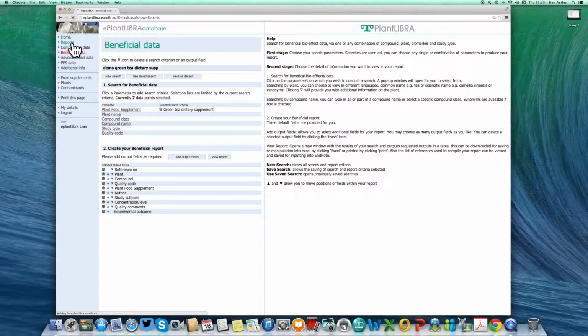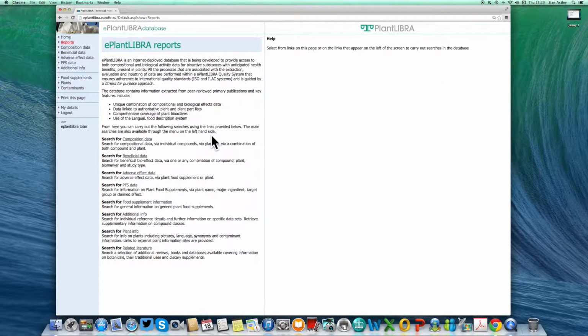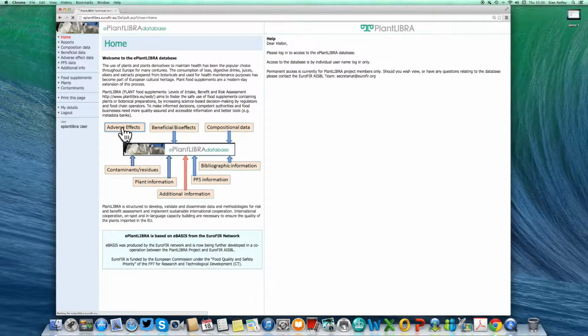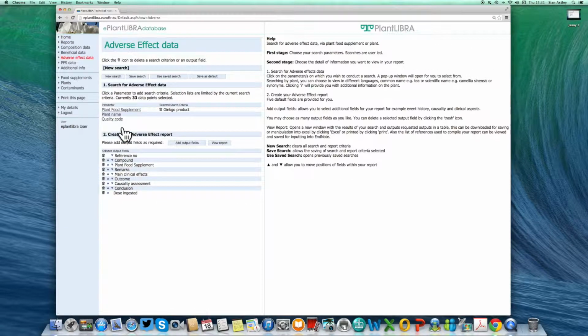Moving on to the final section of the database is the adverse effects. This is quality assessed data from case studies linked to adverse effects. In this case, I have chosen to search for adverse effects of ginkgo products, and we have 33 data points on adverse effects. I'm choosing in my report section to find the main clinical effects, the outcome, the causality assessment,